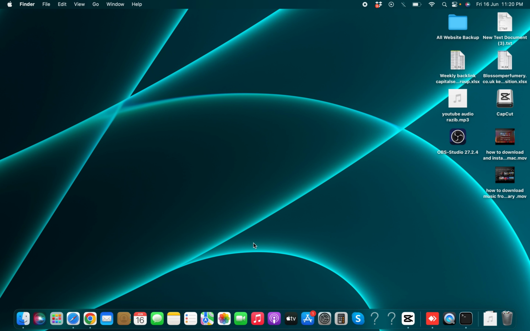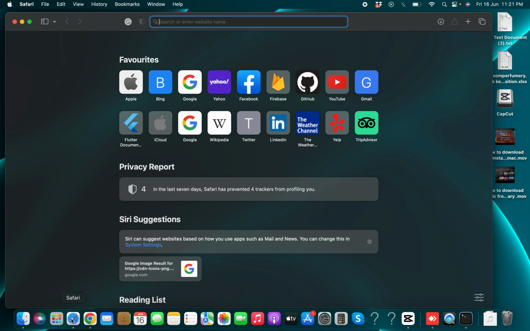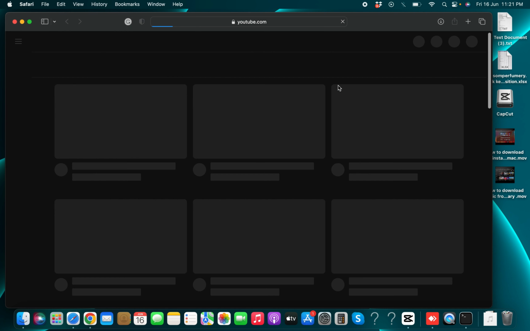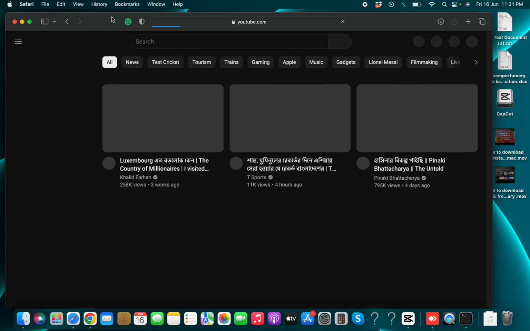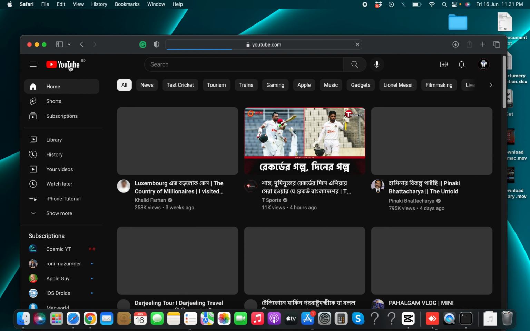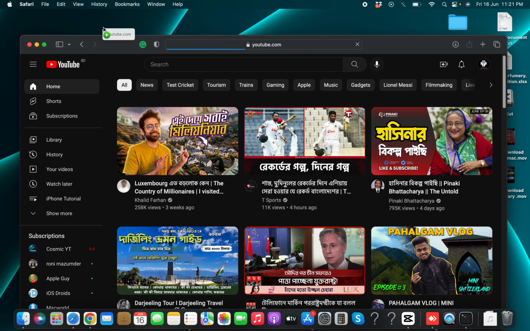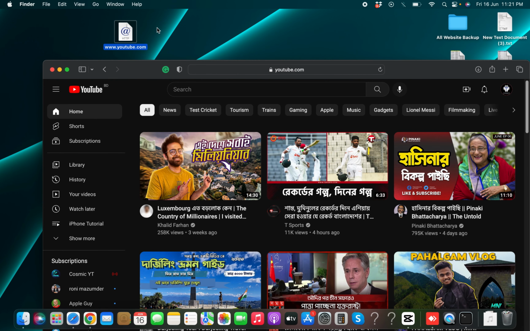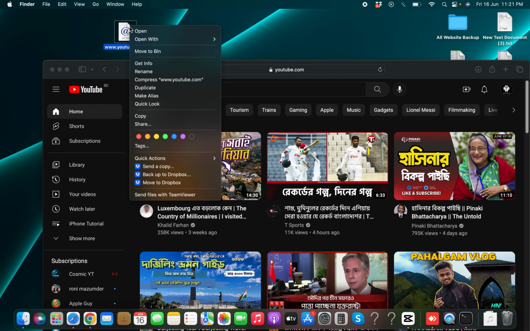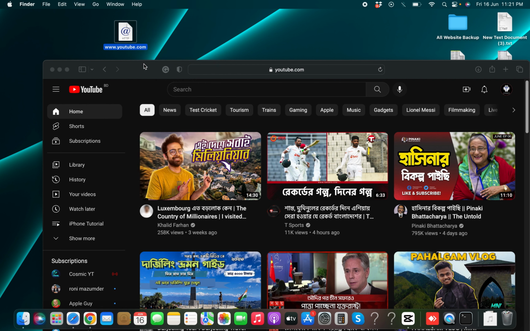How to download YouTube app on your Macbook or Mac Mini, Mac Air, anything. Open your software browser and type youtube.com and then press on this icon and drag and drop on your desktop, and then you see this kind of interface. You have to press on it and go to get info,